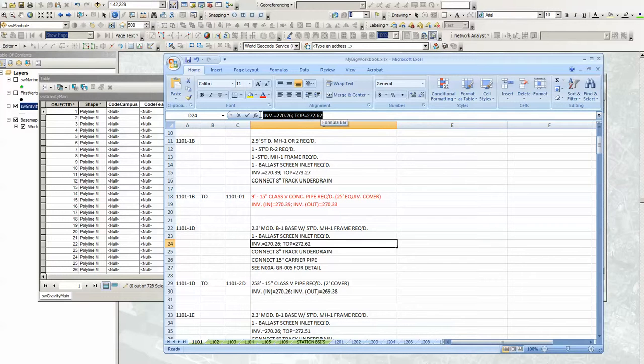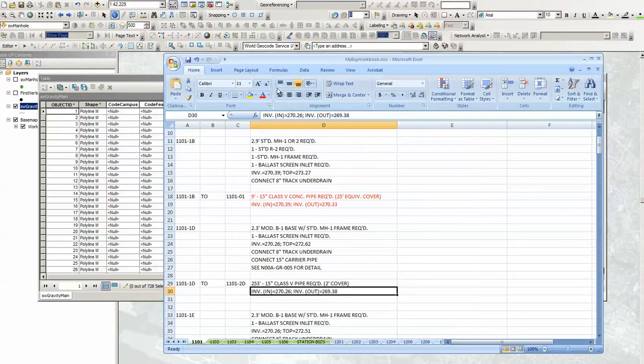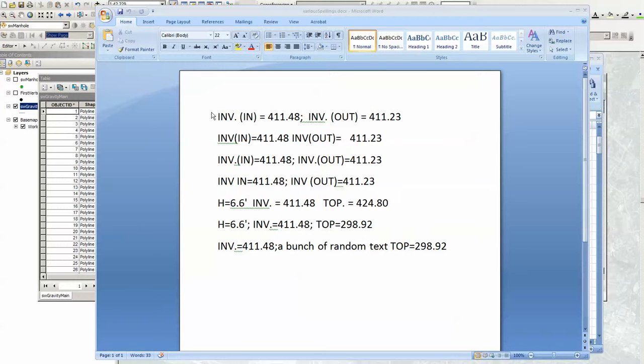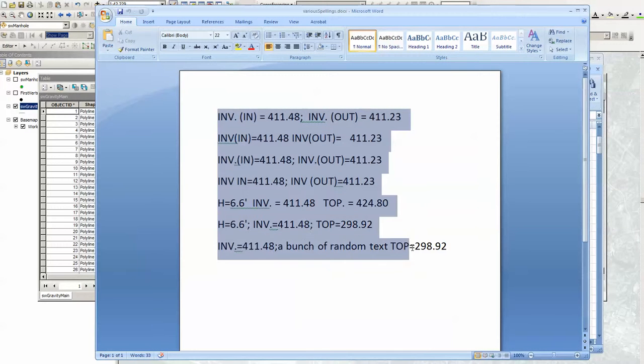Again, the data that we're really concerned with in this particular case is, if it's a manhole, we want to grab a value for top, and we want to grab the INV value. If it is a sewer line, like in this case, we want to grab the INV in and the INV out value. It's also worth pointing out that within the range of possible spellings and patterns for INV in and INV out, there can be